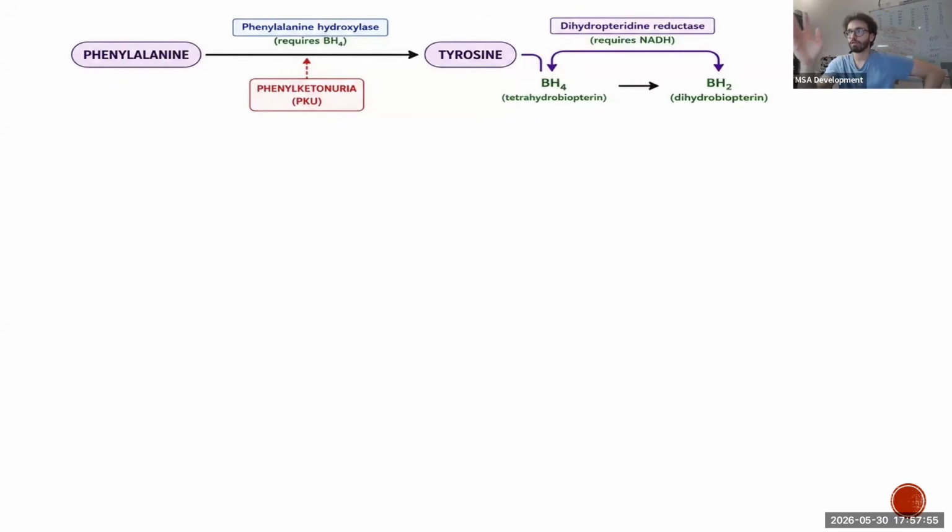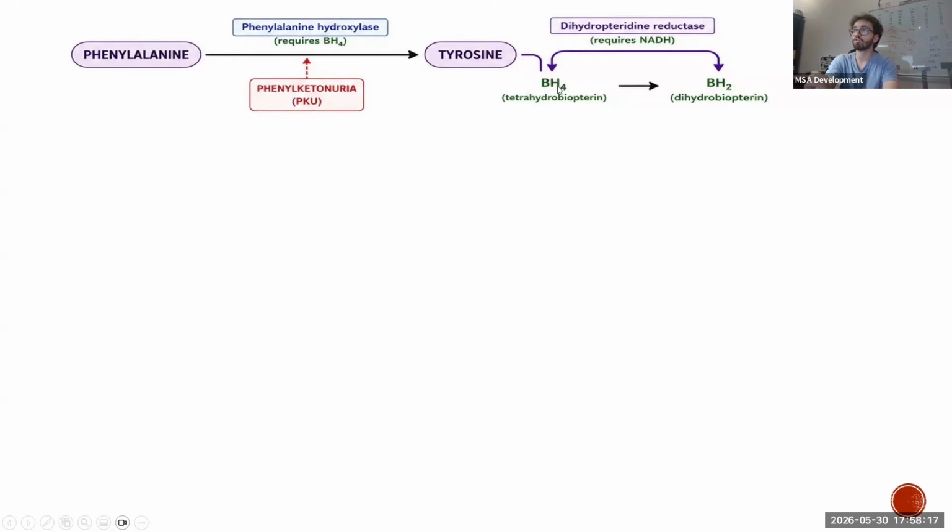Of course, before I speak about that, sorry, I want to talk about BH4. A little while ago I simply told you, guys, phenylalanine hydroxylase needs BH4. But what I want you to know about BH4, thank God, back to normal. BH4 is called tetrahydrobiopterin. This is its full name, and it needs NADH. But this is all I want you to know.